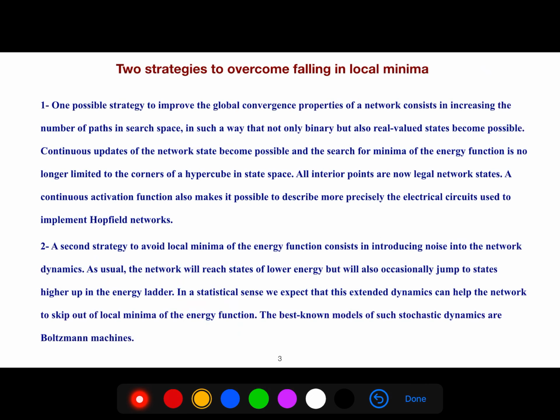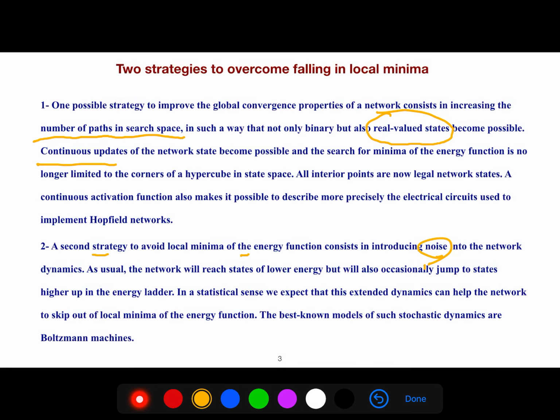So there are 2 strategies, as I said, to overcome falling into local minima. One possible strategy to improve the global convergence properties of a network consists in increasing the number of paths in search space in such a way that not only binary but also real-valued states become possible. So that's the continuous updates of the networks. The other one is